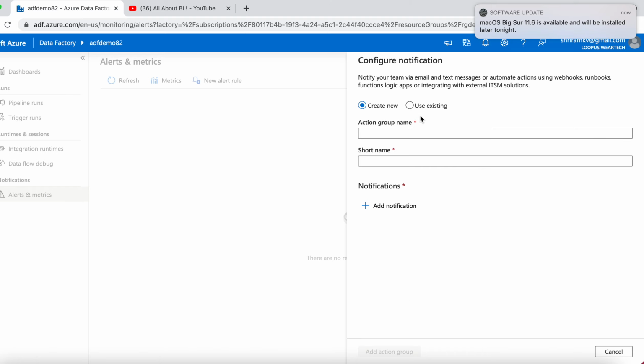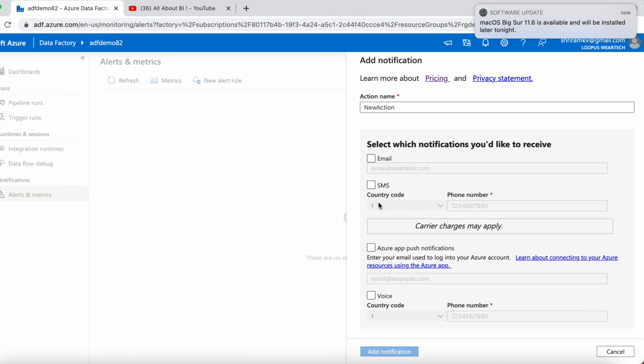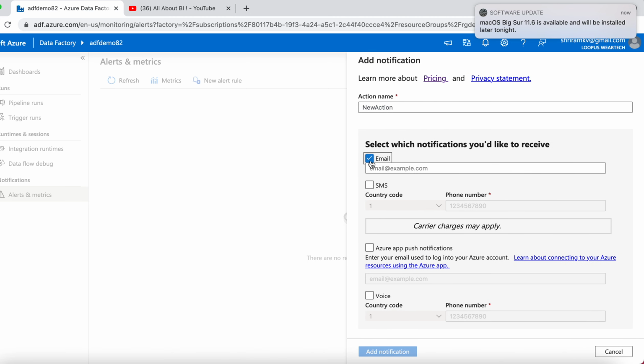You can create a new group name and then give a short name. Once you click on add notification, you will see these options: send an email, SMS, push notification or voice call. Carrier charges may apply for SMS and all, and for these alerts as well, there is a limited cost associated.